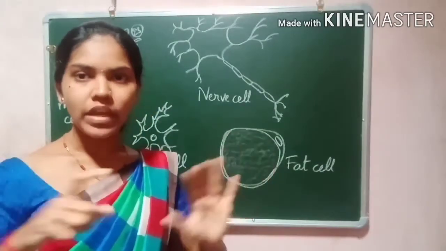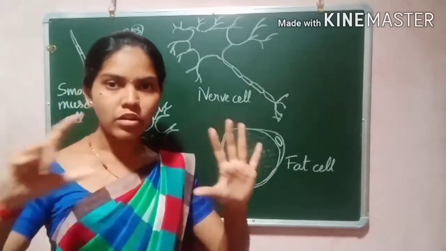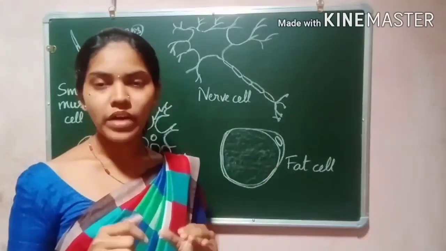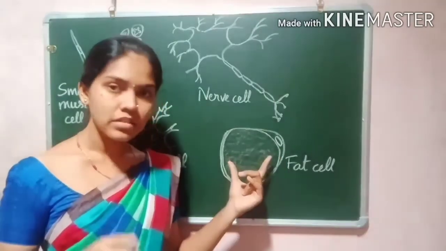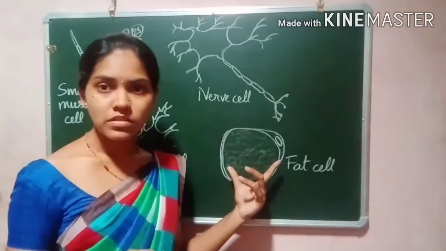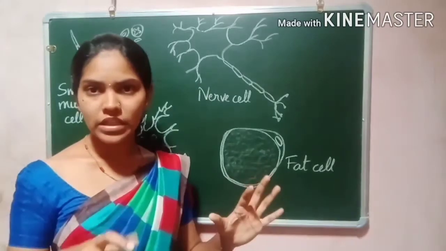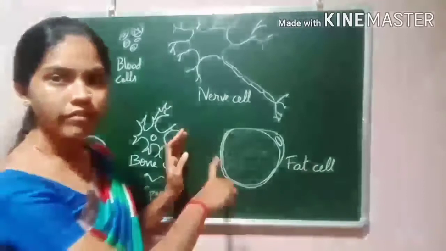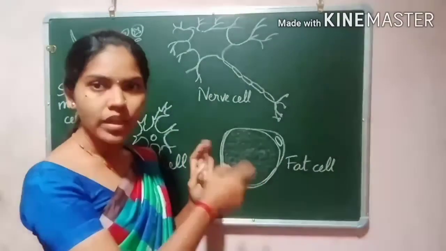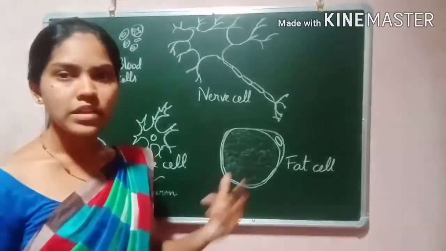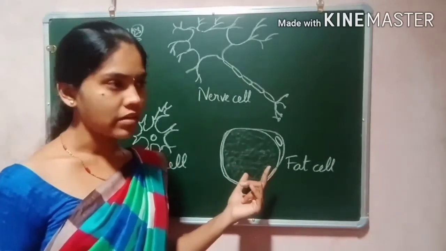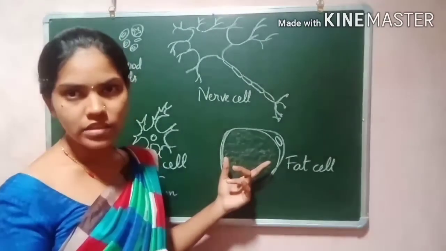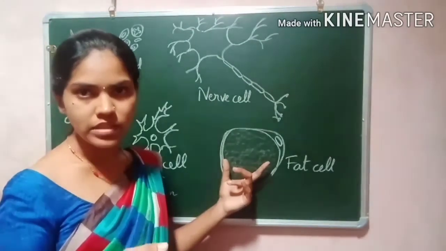And in the body we can observe various different cells. But the functions of these cell organelles are similar within the cell. The cell organelles in various cells are similar. Their functions are different, but these cell organelles are similar, no matter which organs, which cells or which organisms they are present in.